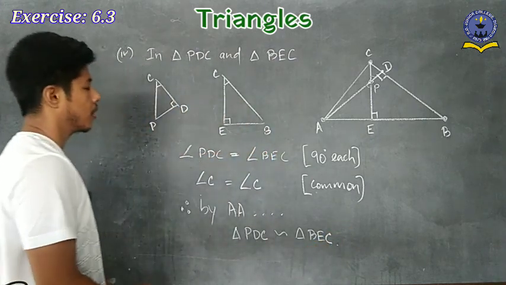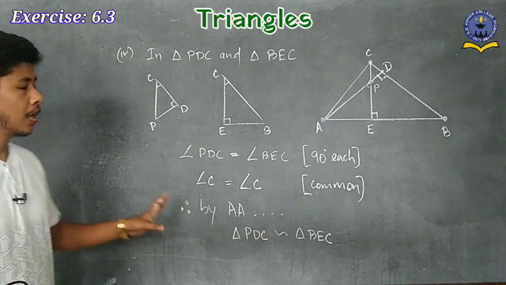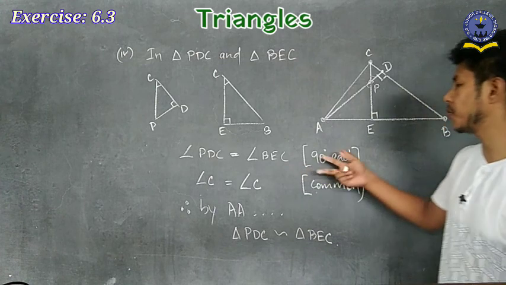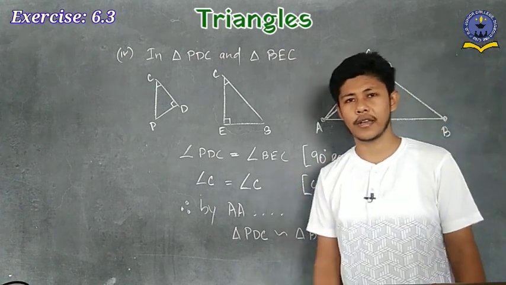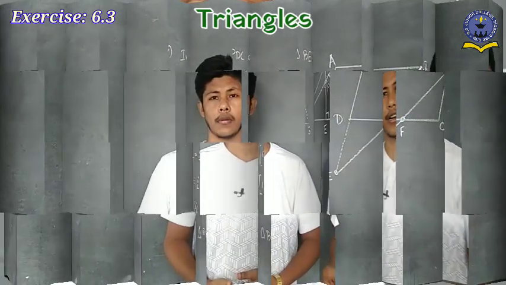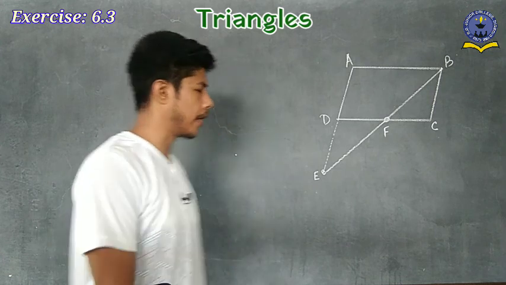Is it clear? So in this way, easily we can prove this type of questions. So very simple question. It looks like a very complicated question, but when we solve, you see here just two lines we have to write and then we get the answer. So in this way we can prove these four results. Is it clear? After question number 7, now if you see the next question, question number 8,